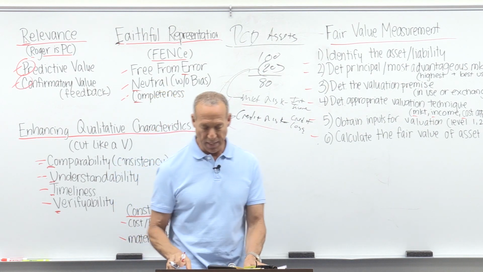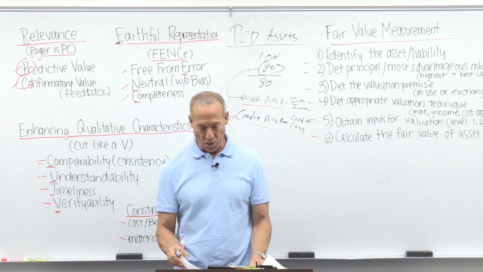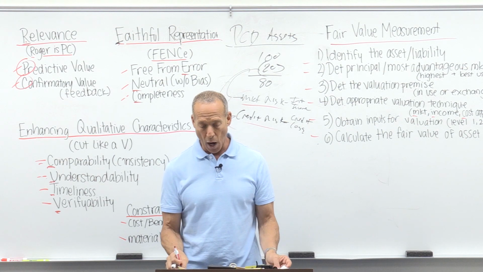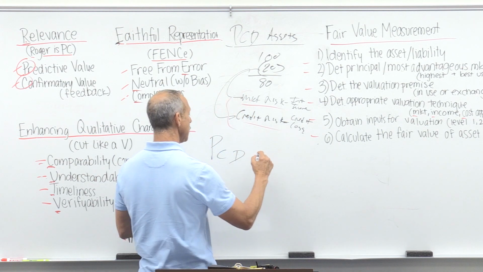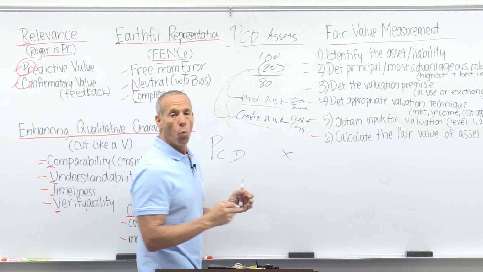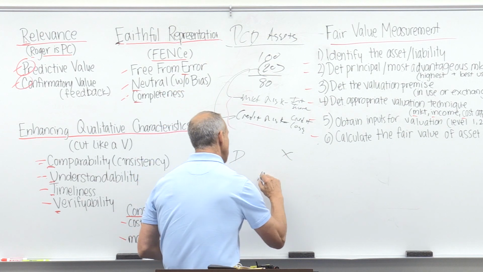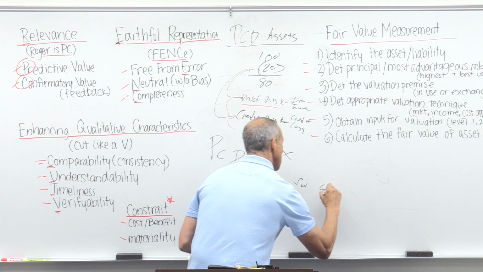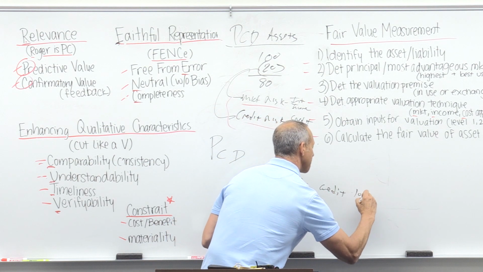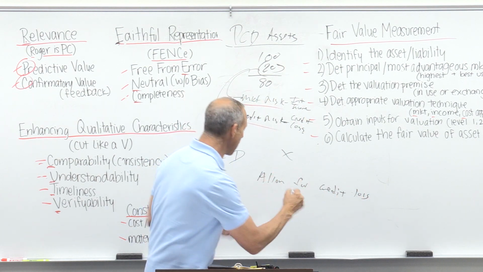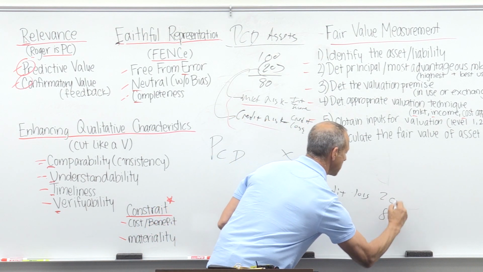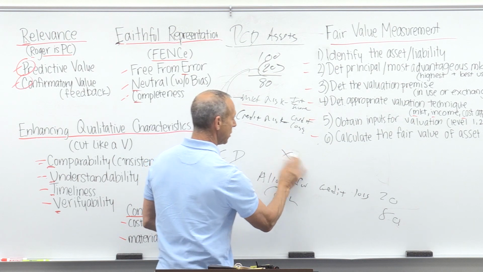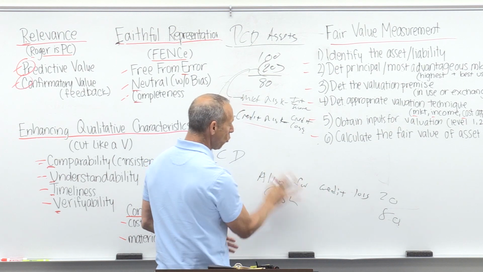All right, so with this PCD asset, what we're doing is we're setting this asset up and we're acquiring this purchased credit deteriorated asset. We're going to debit the asset. We're going to credit your allowance for credit loss and whatever you paid for it. Okay, let's say I paid, here's the 80. Let's say this is 20, and so on. So that's what I would normally do.